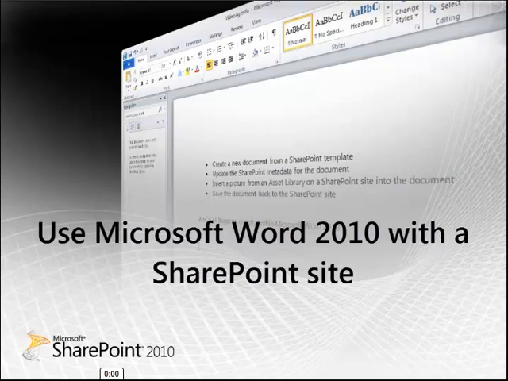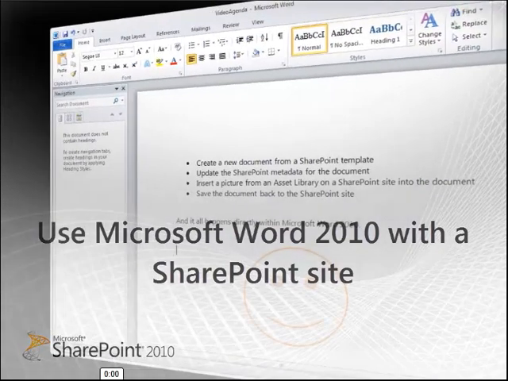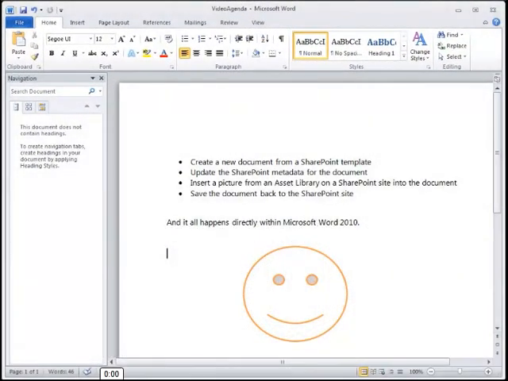In the previous videos in this course, you've learned about the new and updated document management features you can use when you're working on a SharePoint site. But chances are, a lot of the work you do with documents happens directly in a Microsoft Office client program, such as Word. In this video, I'll show you how you can create a new document from a SharePoint template,